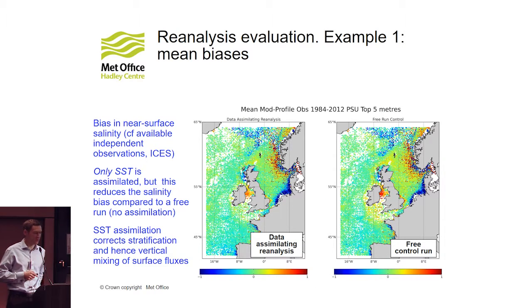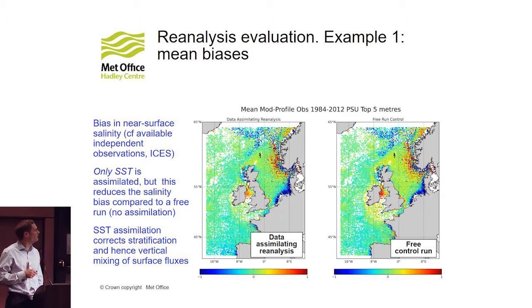Another example here, looking at the mean biases in near-surface salinity, so salinity over the top 5 meters in our reanalysis. And this is showing the benefit in this case of the data assimilation in the reanalysis compared to the control run, which doesn't have any data assimilation. I think this is quite interesting because it's just demonstrating that although we're not assimilating any profiles, so we're not assimilating any salinity information at all, the assimilation of the SSTs is improving the model performance against profile observations for